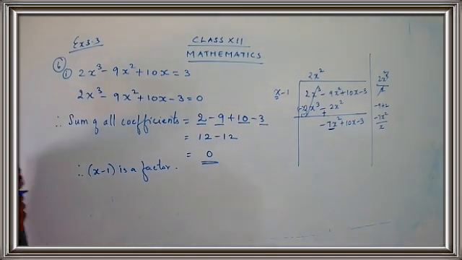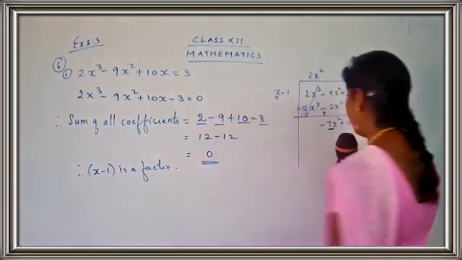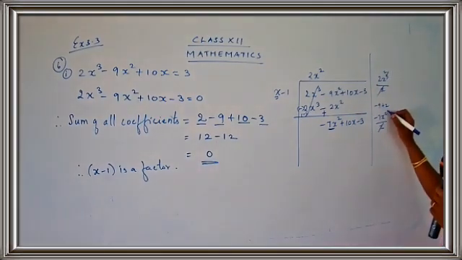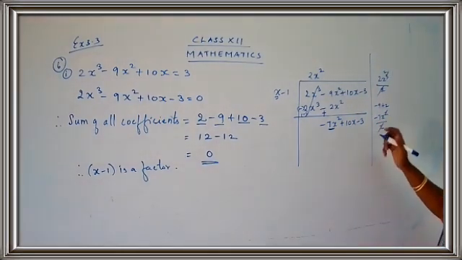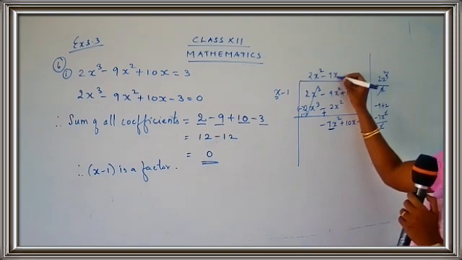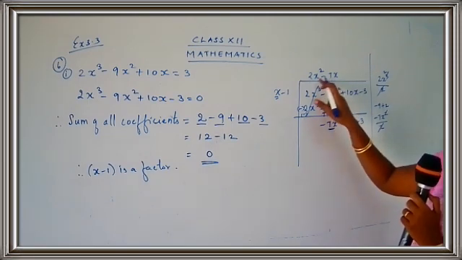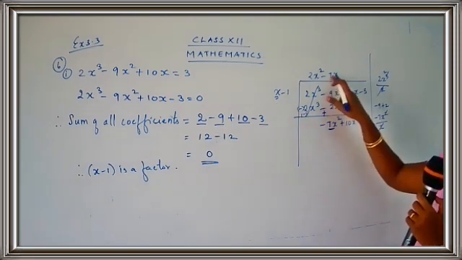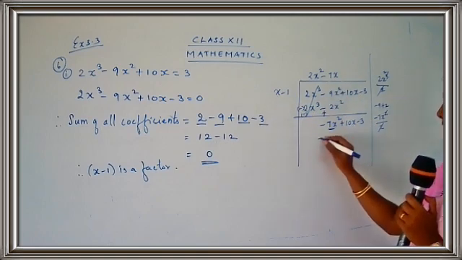So what is the answer you get when you divide minus 7x square by x? What do you get here? x and 1x goes off. And what is left here? Minus 7x is left. Okay, so minus 7x into x. Very simple. Minus 7x into x, minus 7x square.